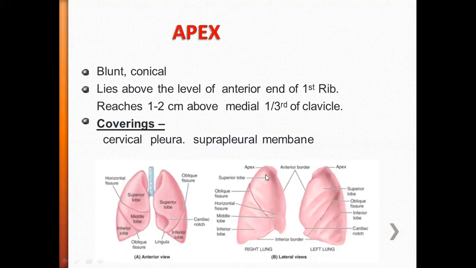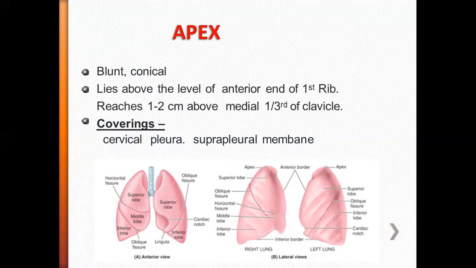Now you know already it is conical in shape. And if you see, it is covered by the pleura. What is pleura? Covering layer of the lung. When we see the lung, it is always covered by one layer which is called pleura. That is also giving protection to the lung. Just as our thoracic cage gives protection, after the thoracic cage there will be pleura. Within that pleura only, our lung is situated.